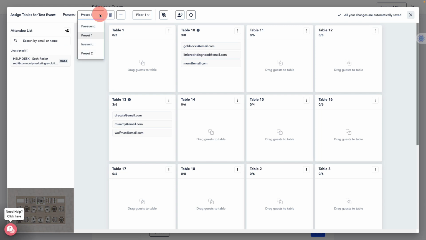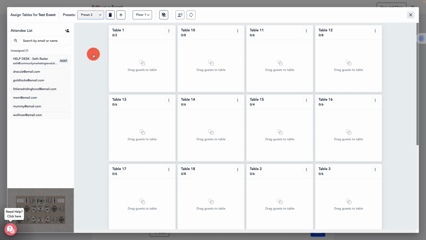And then we can switch to preset number 2. We don't need to save. Everything is automatically saved. And now we can mix it up. We can have Dracula go to table number 14